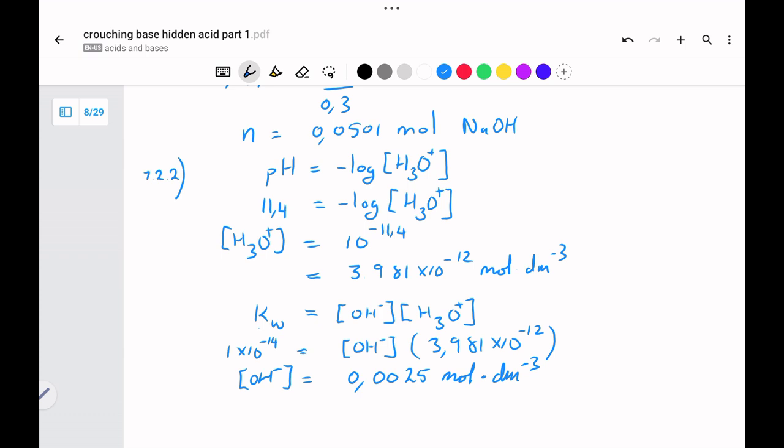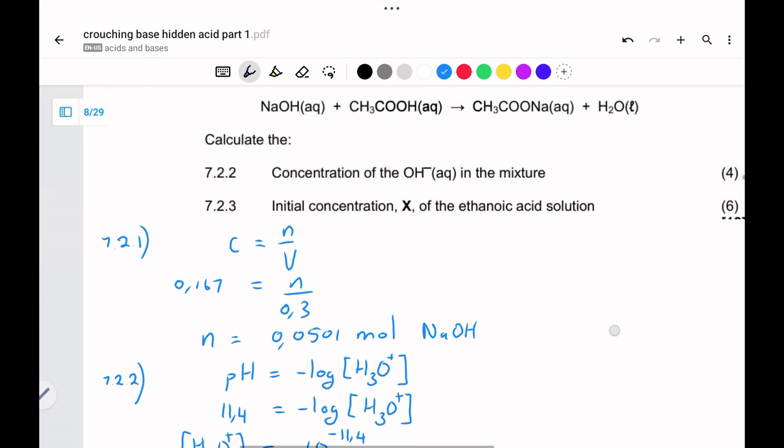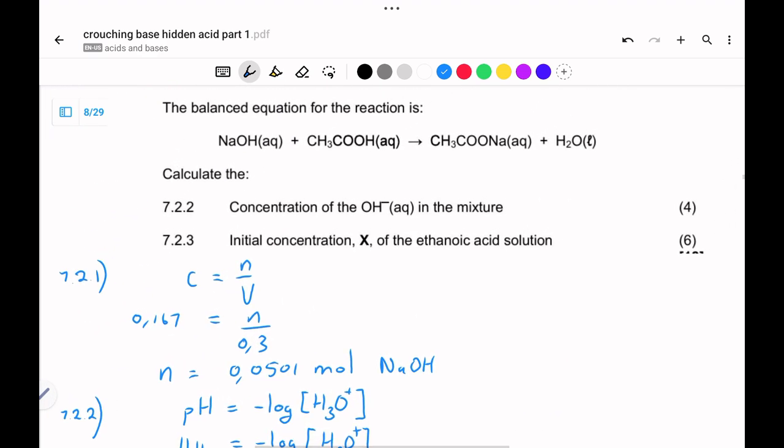And I might store this value in my calculator as well. That's all that they were asking us for in this 7.2.2, but now